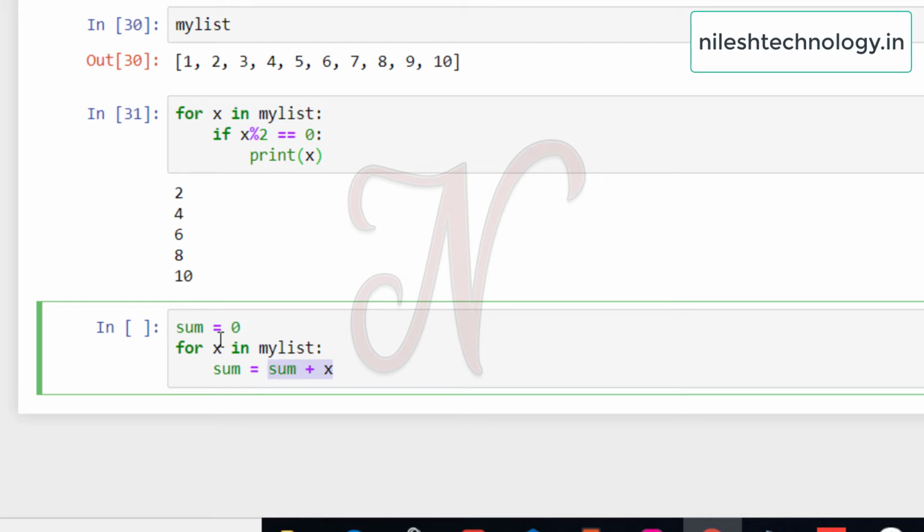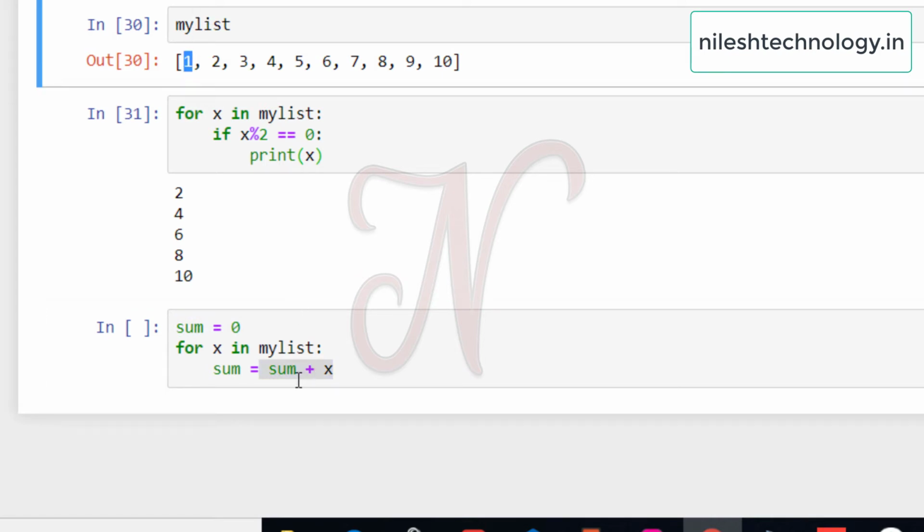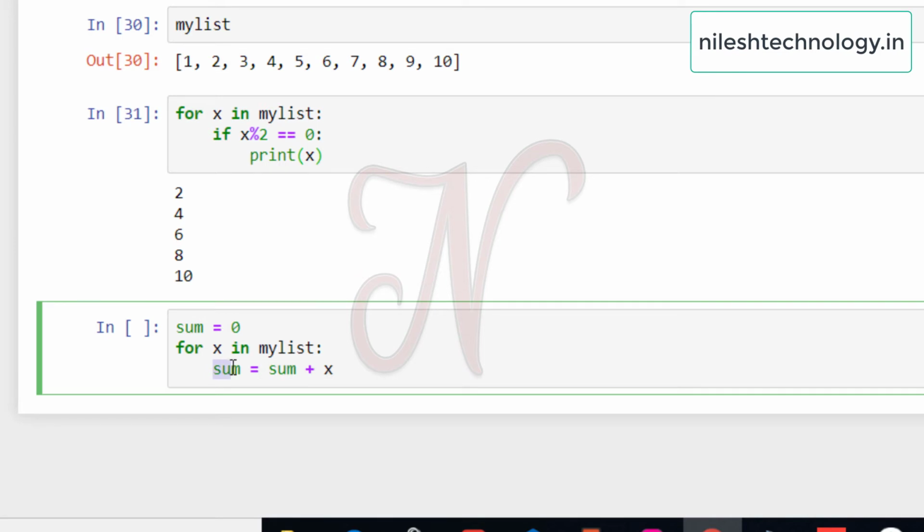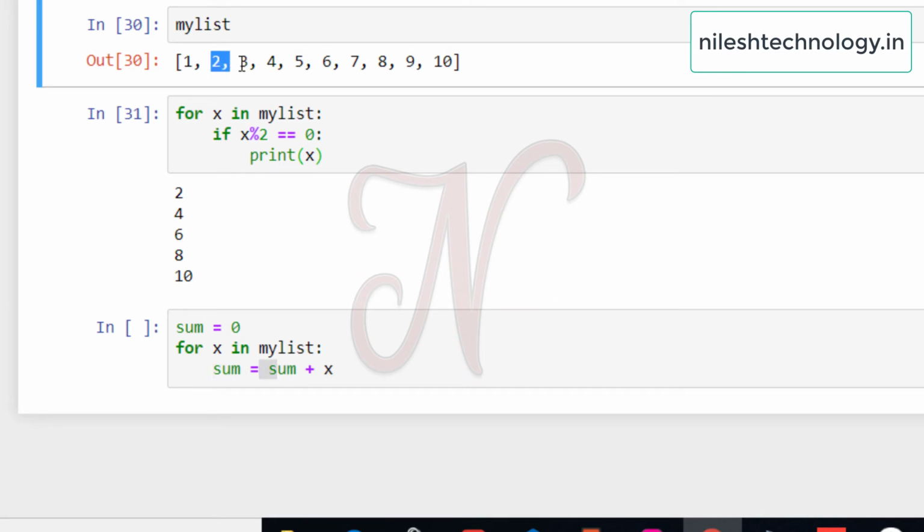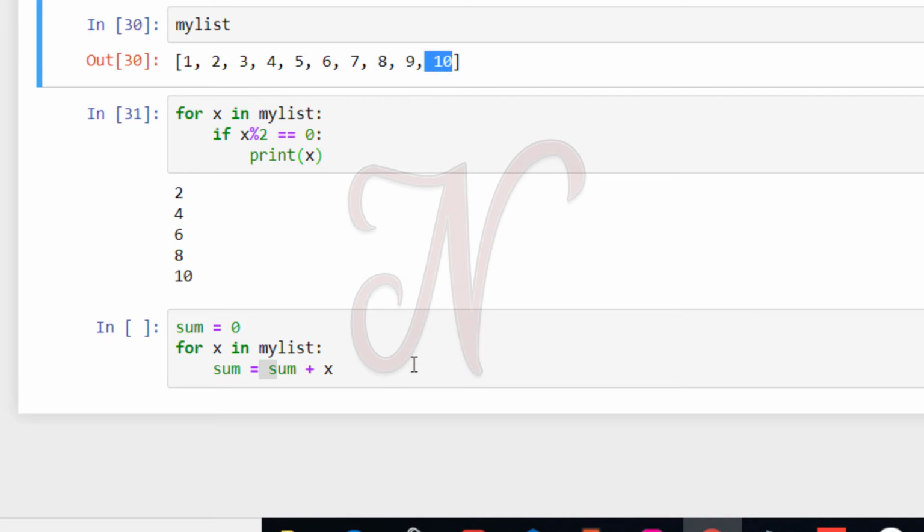The default value of sum is 0. So 0 plus the first item 1 is 1, assigned to sum. Again 1 plus 2 is 3, 3 plus 3 is 6, plus 4 is 10, plus 5 is 15, plus 6 is 21, plus 7 is 28, plus 8 is 36, plus 9 is 45, plus 10 is 55.